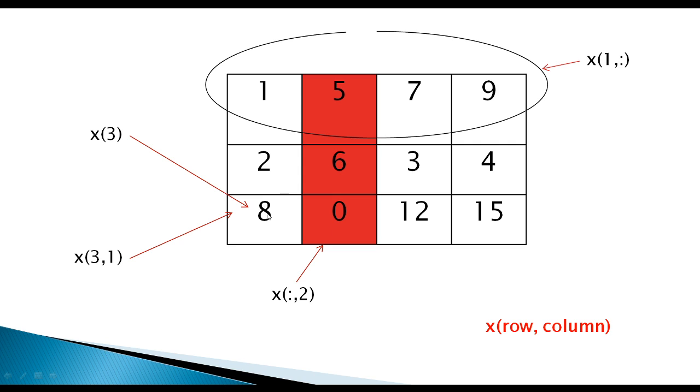Another way of doing it is, if you simply write x3, then MATLAB will return this value. Why? Because MATLAB follows the numbering process like this. This particular value will be the first element, this will be second, then third, then it will go here 4, 5, 6, 7, 8, 9, 10, 11 and 12. This is a very vague way of referring to any element, and generally it is not followed, but it is there in MATLAB which you can utilize.